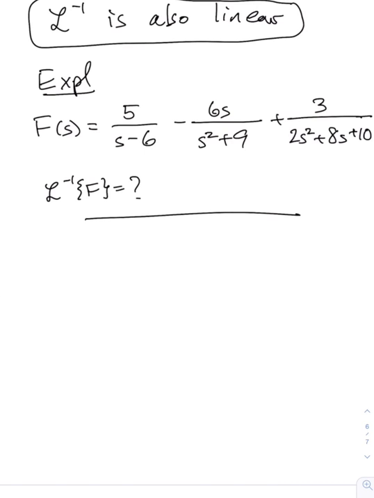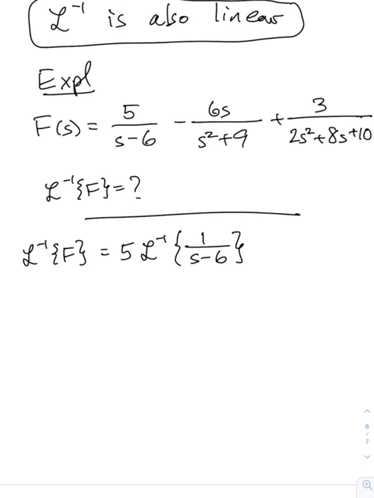All right, well, our capital F in this problem is a sum. And so by that linearity, I can write that L inverse of F is 5 times L inverse of 1 over s minus 6, minus 6 times L inverse of s over s squared plus 9,